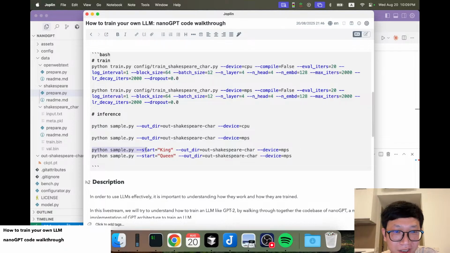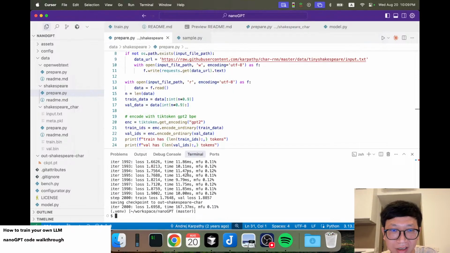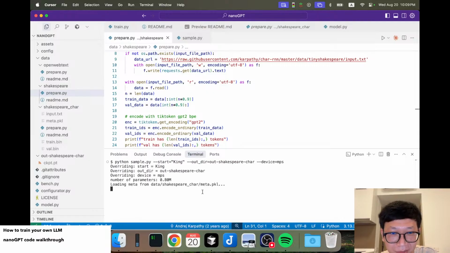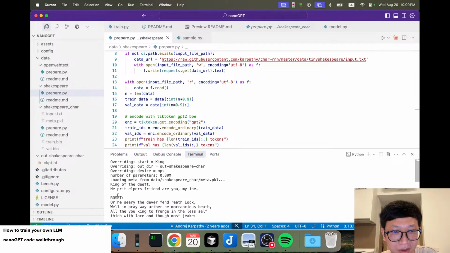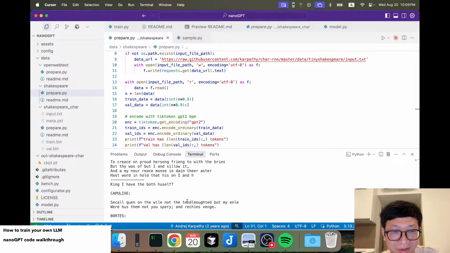For example, if I give it a prompt, starting the sentence with "king," then it's gonna try to complete the sentence after this "king" and then continue writing there. Let me show you an example of how it works. I start with "king," and this is a base model. It's gonna try to predict what comes next, right? So it will actually say something like "king of death, blah blah blah." This is pretty gibberish because we just train on